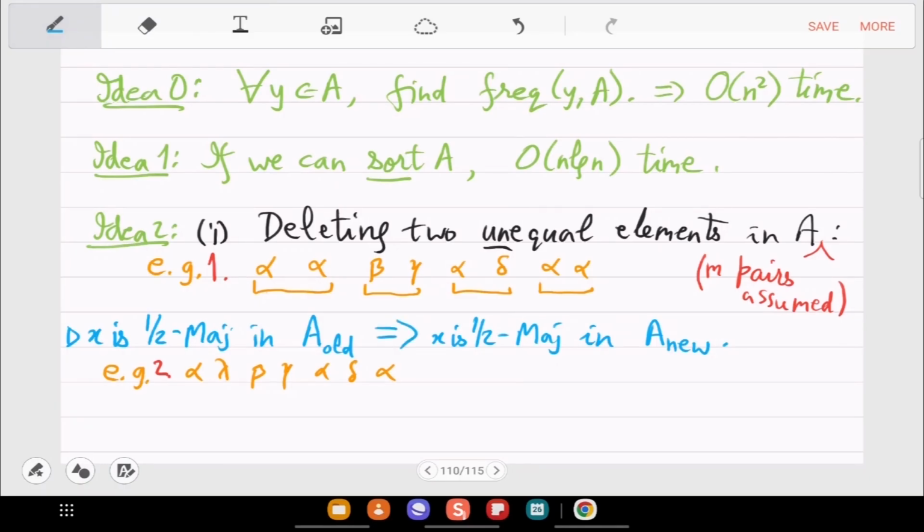It's just one-sided. But sir, in example 2, if alpha were between beta and gamma, another alpha, the eighth element. You are making another example. To what purpose? What is the claim? Give me the problem in the blue statement, don't give me an example. But removing the pairwise elements, it doesn't remain any majority element. No. If X was half majority, it will continue to be half majority. No, it's a mistake. You can prove this. So we should base it upon the number of elements we have, either odd or even. This you can prove. Just think about this.